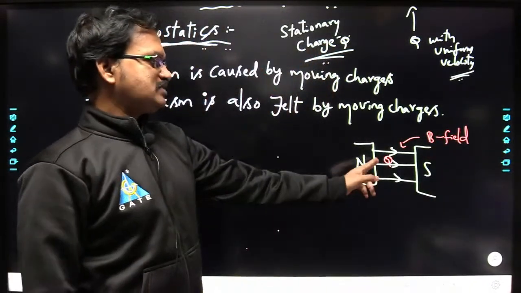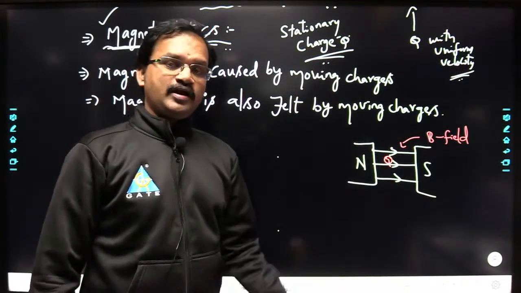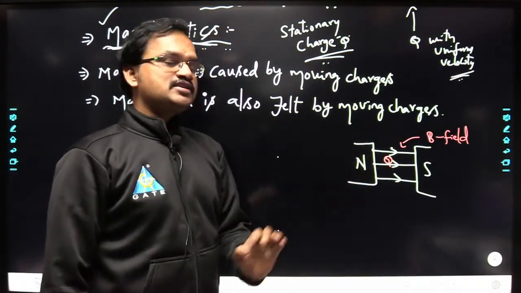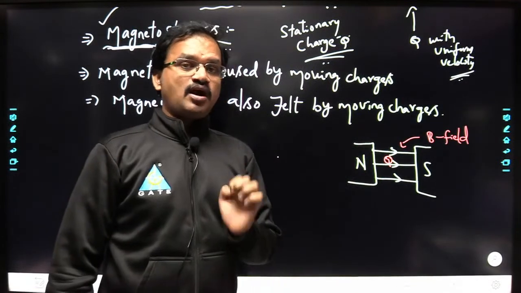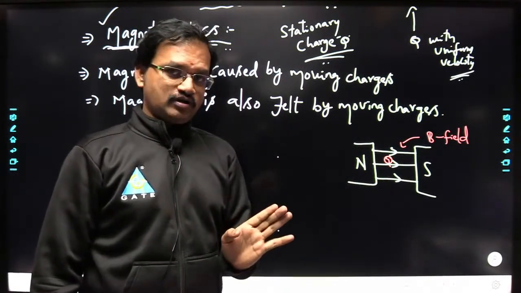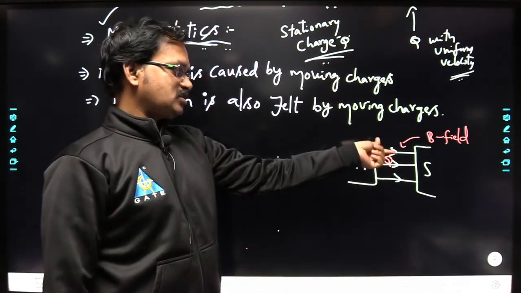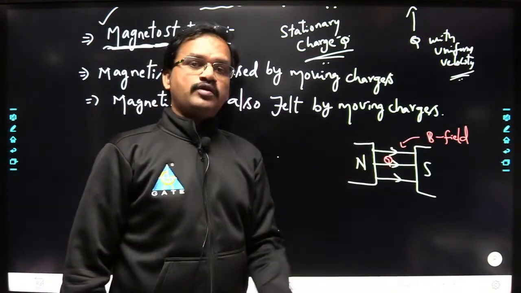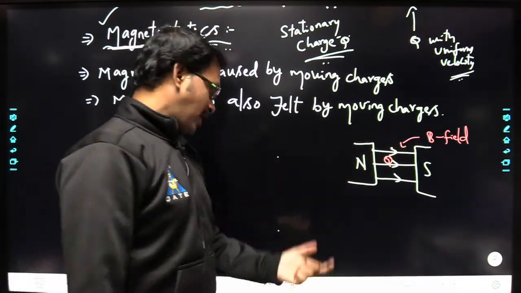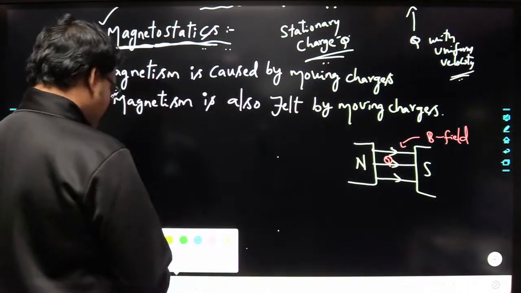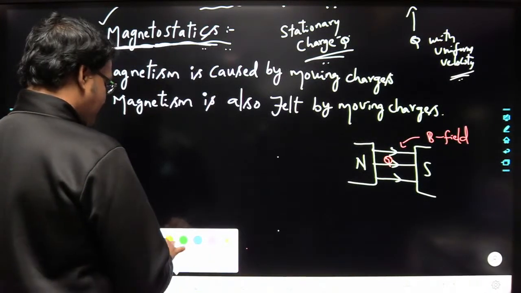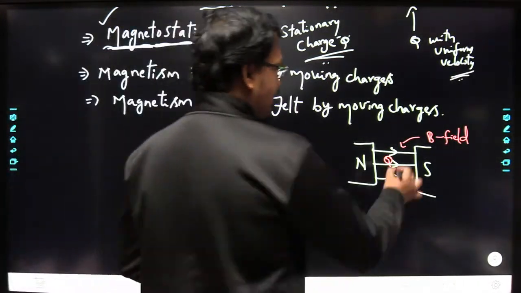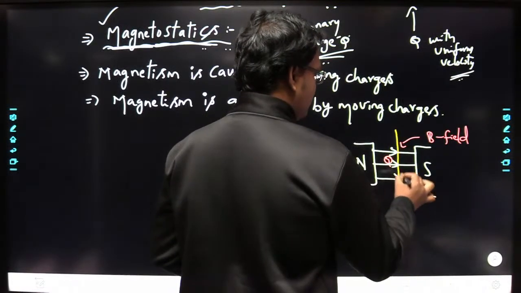So whenever you place a stationary charge in a magnetic field, it is observed that this charge is not experiencing any force. Whereas if you place a current carrying wire in the magnetic field,